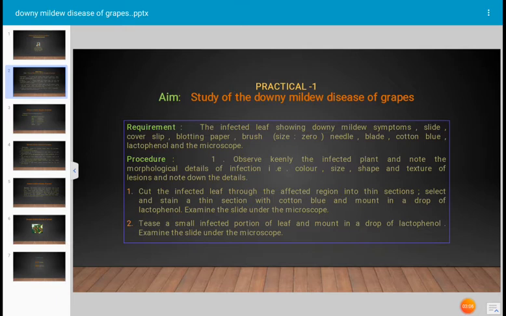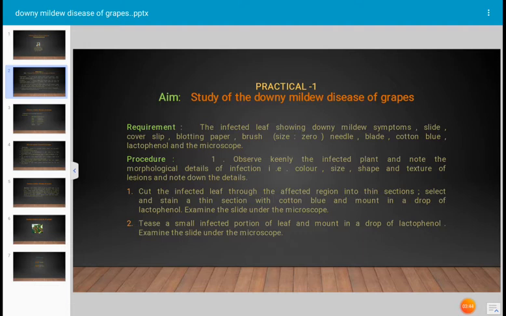In the practicals of plant pathology, normally you cannot handle the infected material openly, because that will increase the pathogenic organisms in the environment. The microorganism produces very small, very light weighted sporangia or zoospores, which can contaminate the seeds or the environment, or be carried by wind to the field, and the disease will occur there again. To avoid all this, whenever you want to prepare a slide, you have to do everything in the laminar airflow in sterile condition.